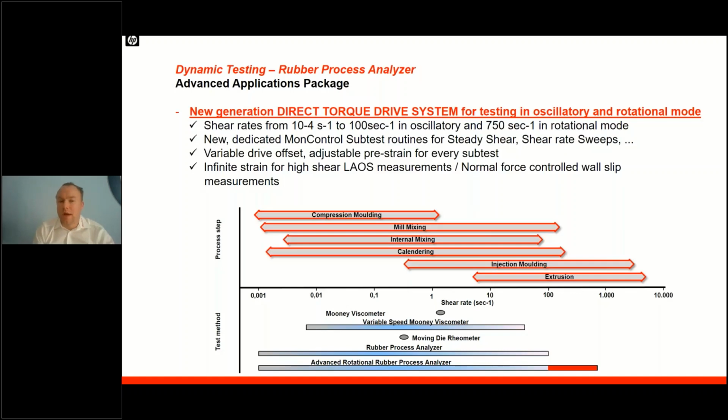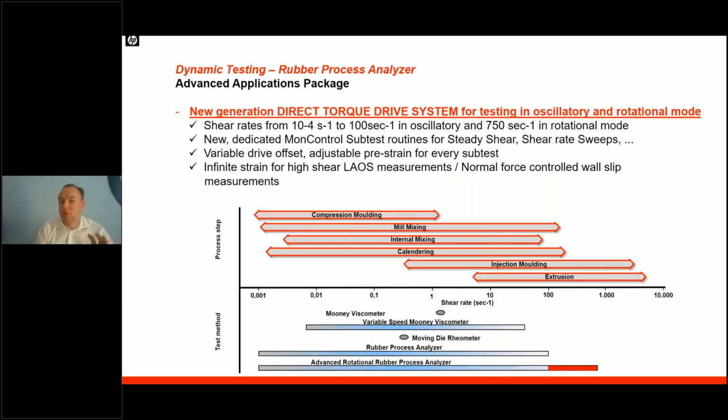Therefore, Montech has recently introduced the Advanced Applications package. This is a new drive technology, a new control technology for rubber process analyzers, allowing not only the use of the instrument in oscillatory mode, but also using the RPA as a rotational rheometer. So it's a combined system that can do all the classic things the RPA was always capable of,